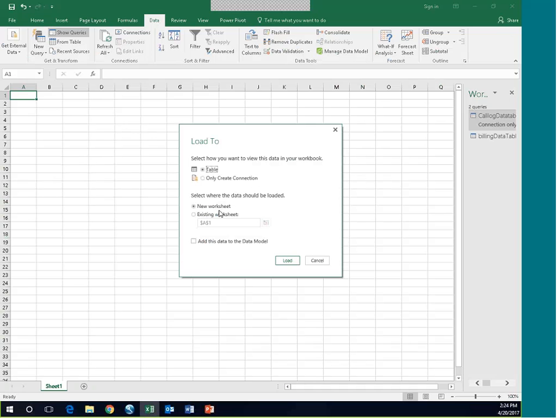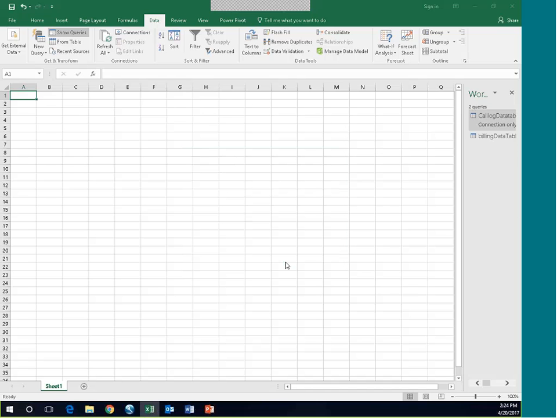I'm going to close and load it, but I'm going to create the data connection and store it in my data model. They call it a data model, and that's what it is. It is a data model. You interact with your data model through Power Pivot. So I'm going to load this, and you'll see the same thing happens: the query is created,